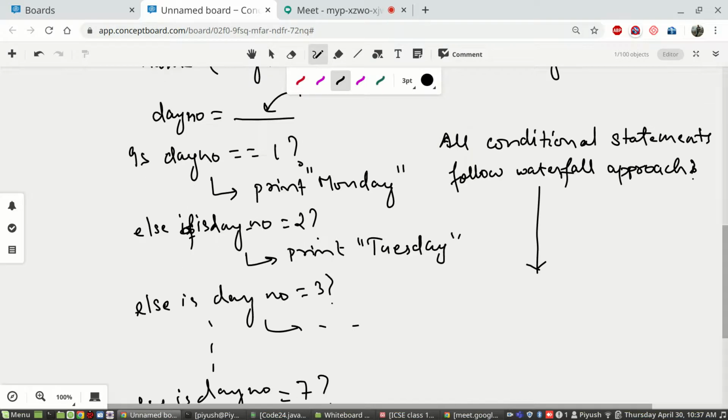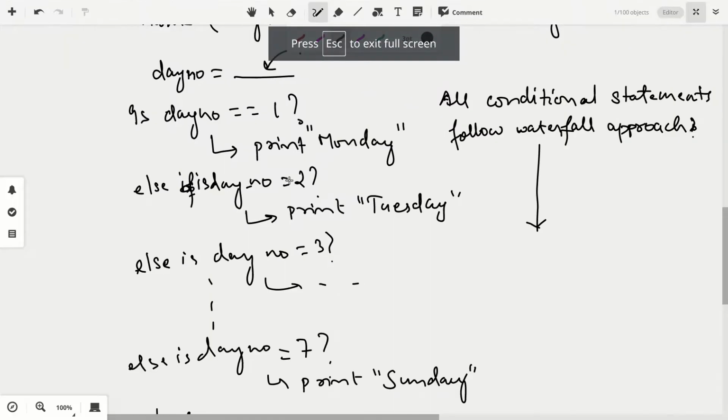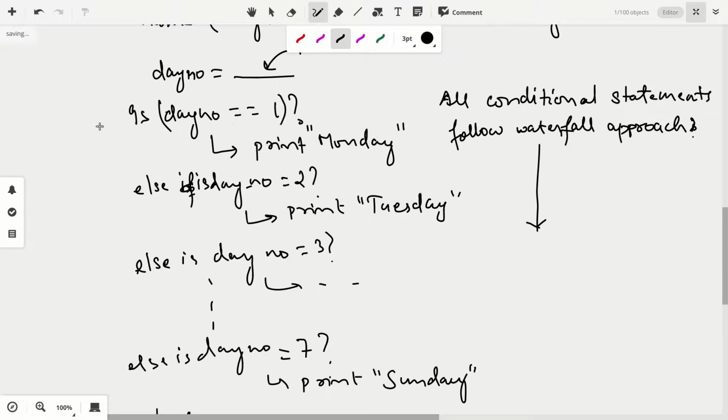It starts checking from the top. The first case is checked. If the first condition happens to be false, then only it will come down and see the next case. If that happens to be false again, then it will come down further.